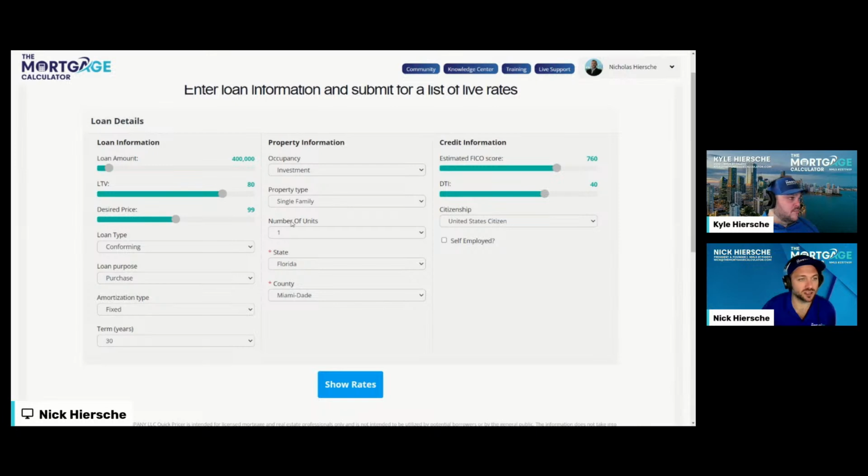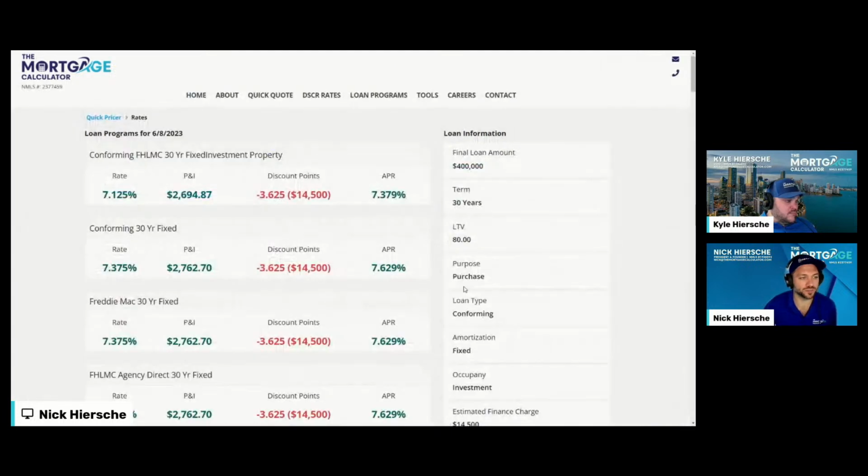Everything stays the same as all our other demos today. The only thing we've edited here is the occupancy to investment property. So with those settings, let's see what the investments are looking like. Oh, it's a pretty good option, actually. Very comparable to the primary here, 7.125 rate,